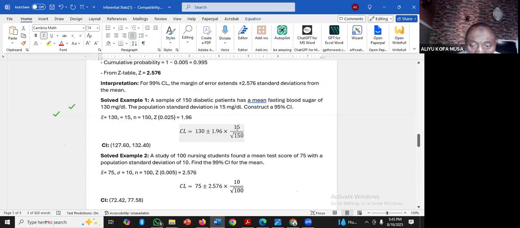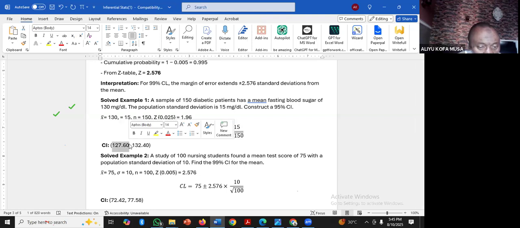When you add, you multiply by 15, and then you divide it by the square root of 150. It will give you this value. Look at it here, which is the lower, the first term, lower value. You know,